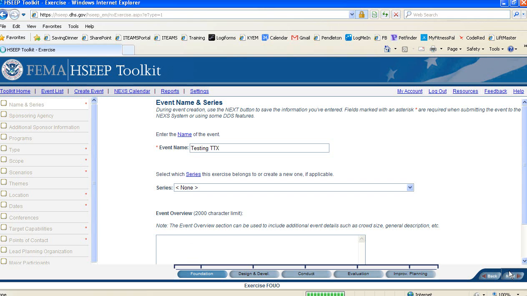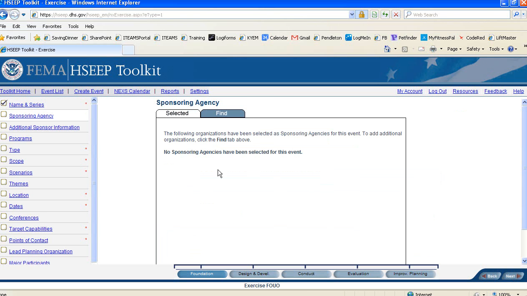Once you click next, it will go to the next page, and you will see on the left hand side where you will get the check mark showing that you completed that section. And these are the sections that you will still need to complete in order to have everything in there. So it basically walks you through how to do this. Your sponsoring agency is where we're at, so we're going to find